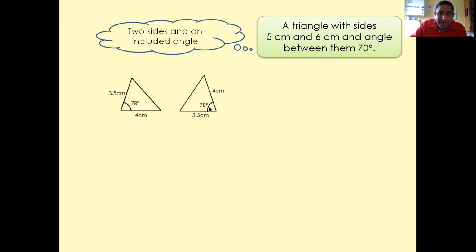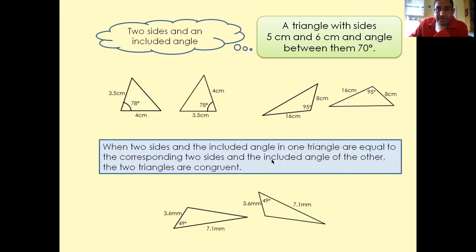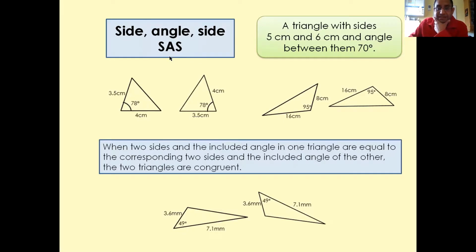They're talking about the angle which is included between the two corresponding sides in both the shapes. So if two corresponding sides are equal and the included angle is equal, in this case the rule is going to be SAS,